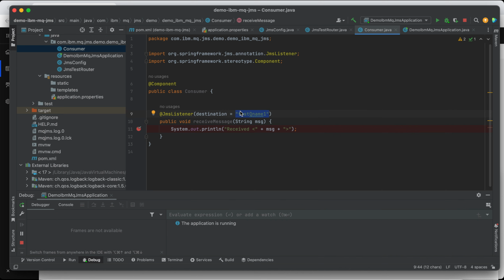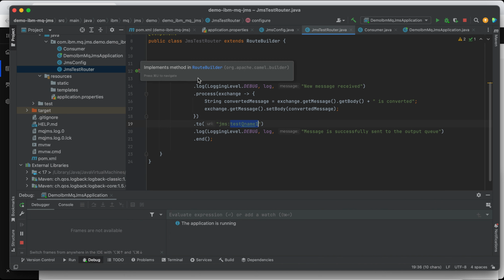So based on this configuration, whenever a sender sends any request to this endpoint, it will be redirected to this JMS component, via this queue name, test queue name, right? So I think that's it. We can test this out and see what will happen.